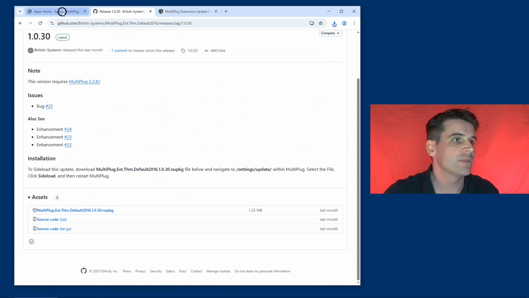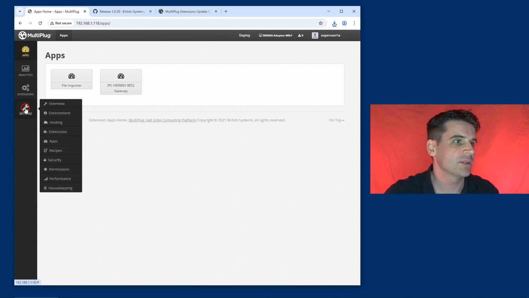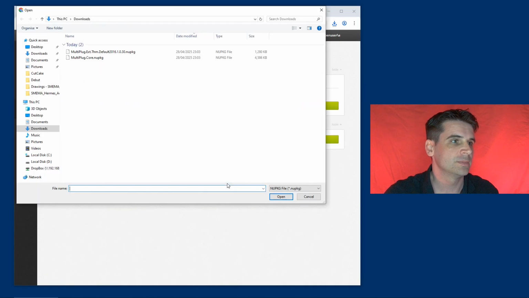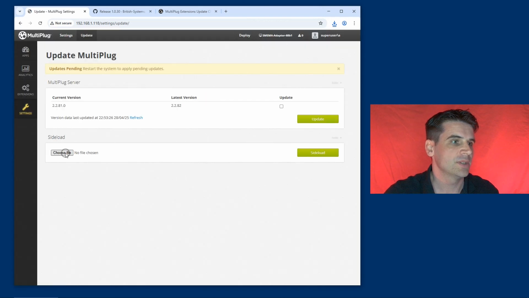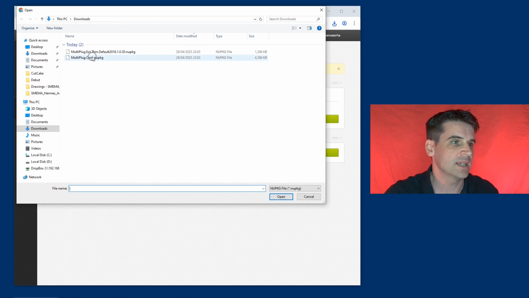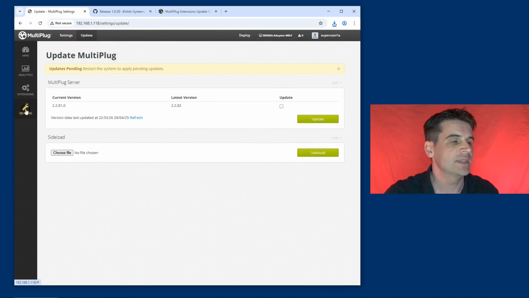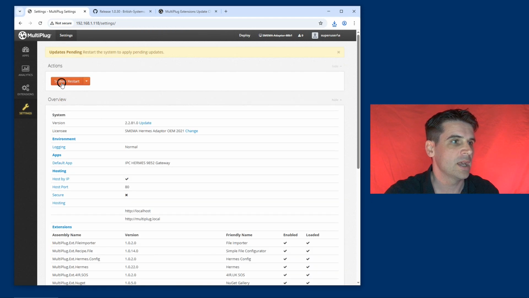If I then go over to my MultiPlug instance, if I go to settings, extensions, update, choose file, select the first file, sideload, do the same again with the next file, sideload, and then simply restart the MultiPlug by going to overview, system restart,